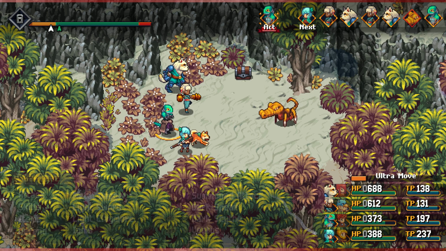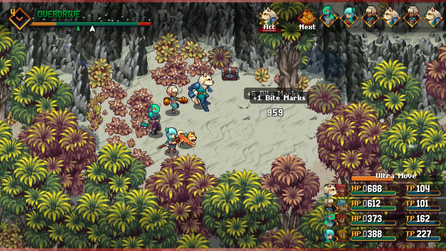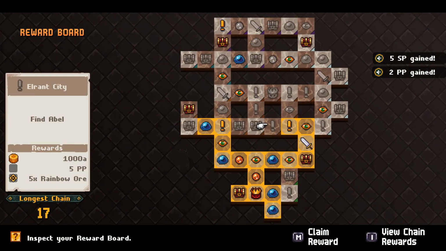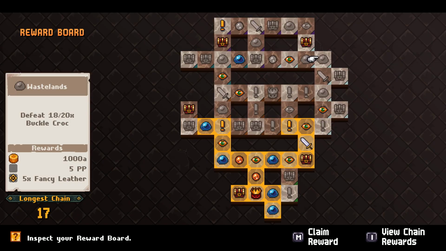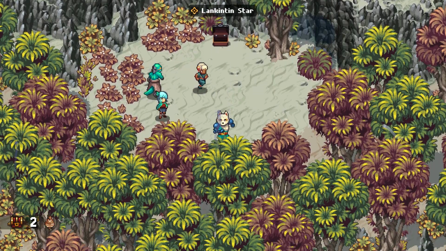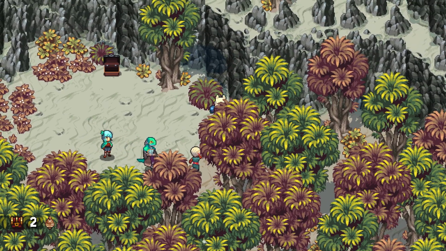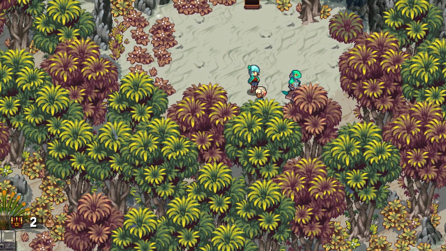What are you weak to? Nothing. Alright, easy buckle croc. Another one down for our reward board. How many away are we? 2 more. Alright, got a Lankington Star? And surely we can access the...